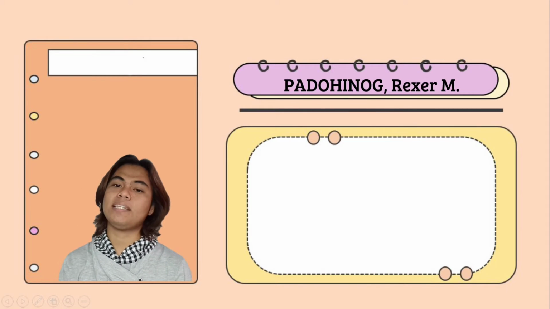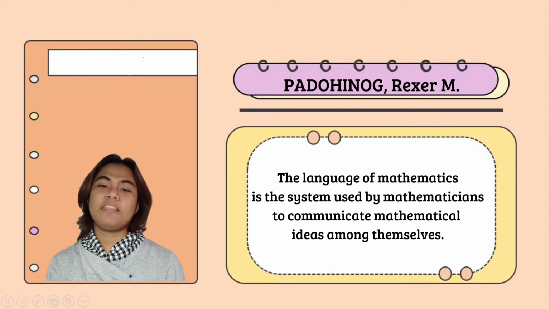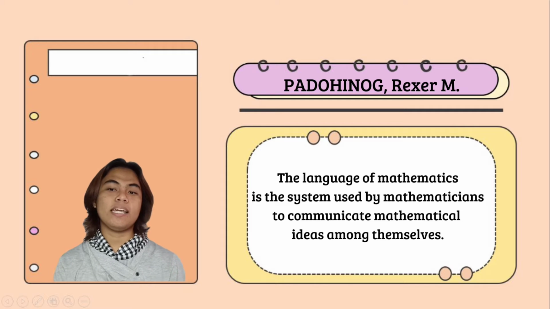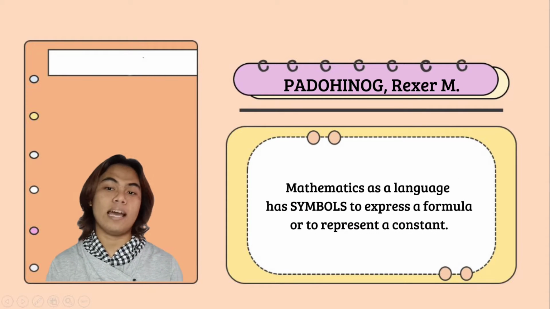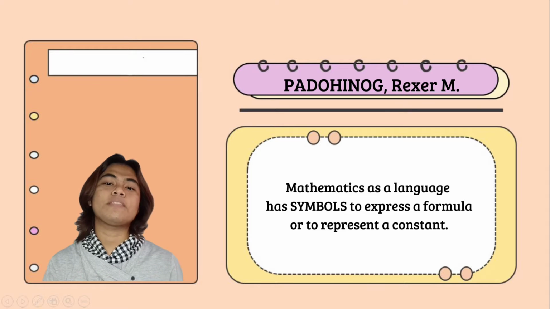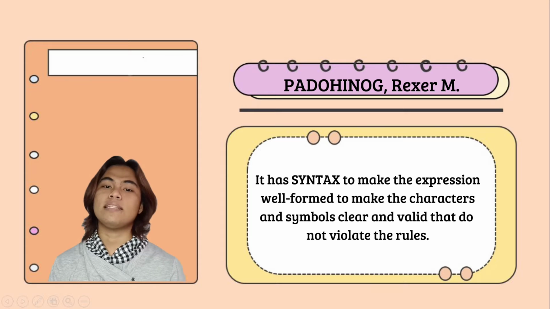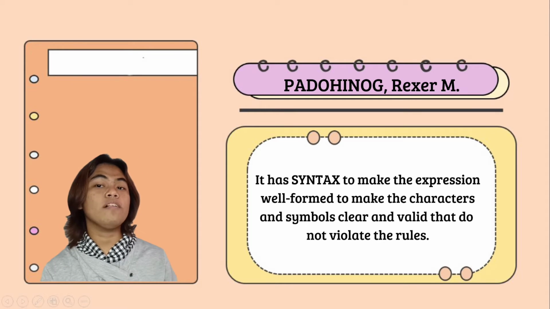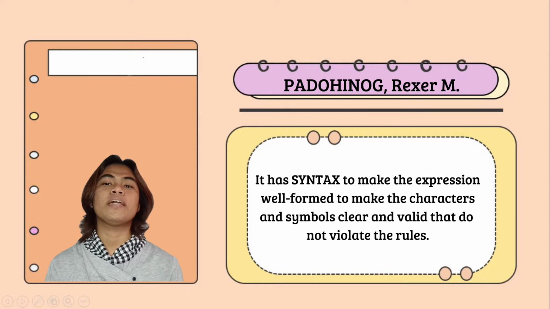Syntax and rules of mathematics. The language of mathematics is the system used by mathematicians to communicate mathematical ideas among themselves. Mathematics, as a language, has symbols to express a formula or to represent a constant. It has syntax to make the expression well-formed, to make the characters and symbols clear and valid so that they do not